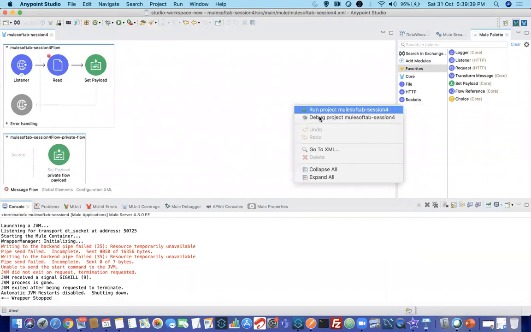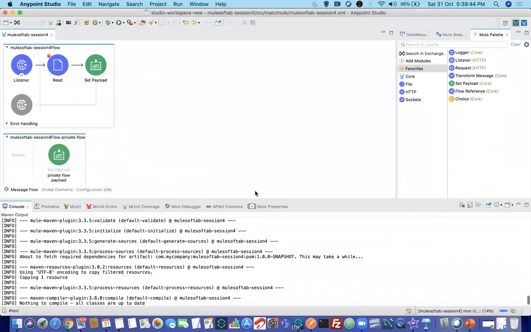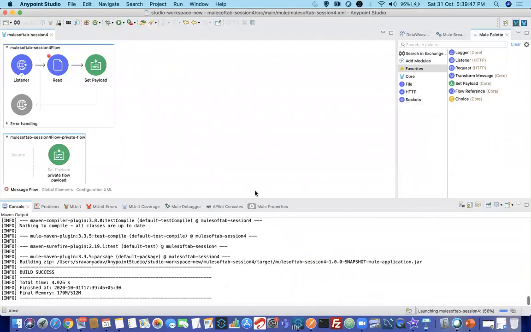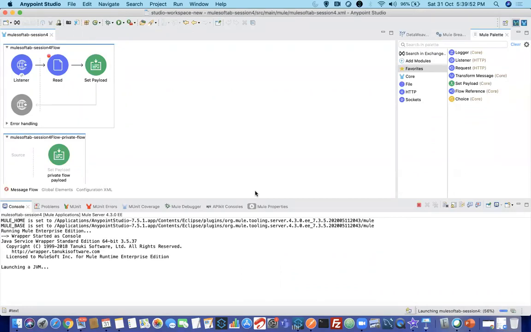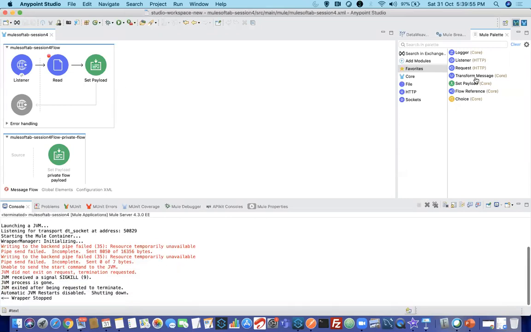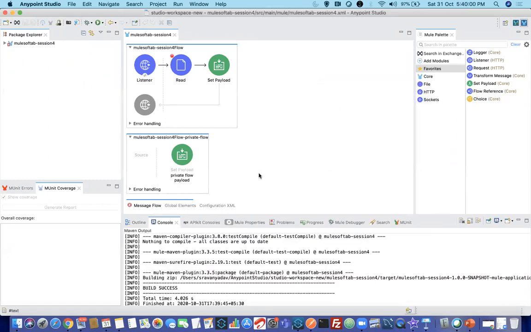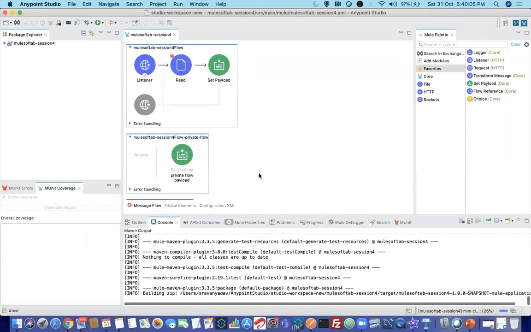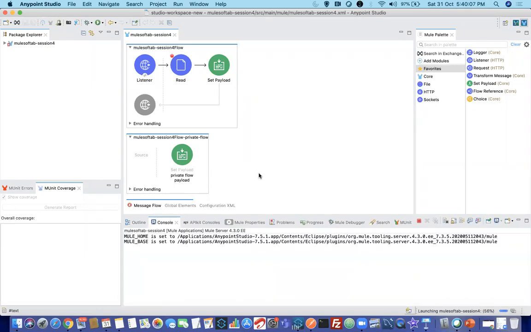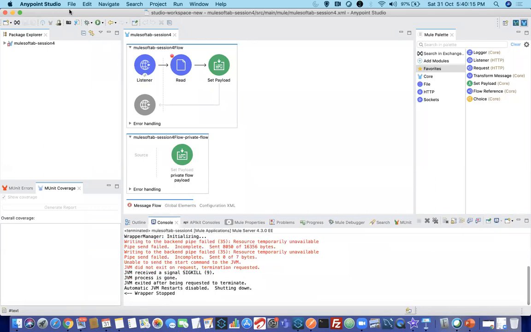What happened to my system today? My JVM is giving trouble. Okay.